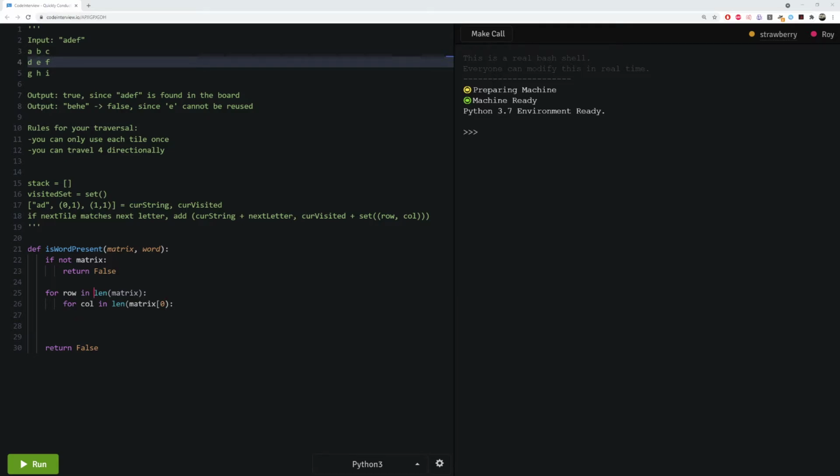Oh wait, in range, this would iterate from 0 to the length of those dimensions. And then we're going to perform